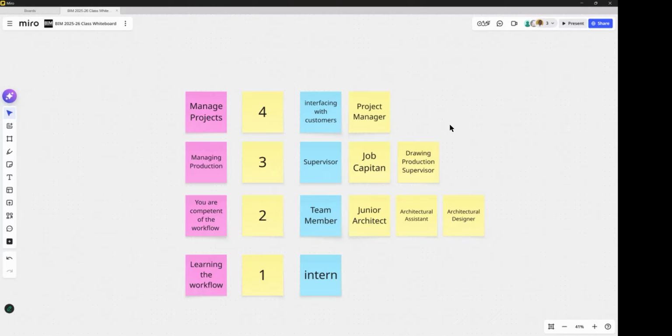Oh, Gavin, I didn't see your hand. What were you saying? No, the question I was asking. Oh, go ahead. For the firms that work with a lot of consultants, including maybe engineers and surveyors and all that, would the tree or the chain of command be different? Well, firstly, all firms have to consult with an engineer. Yeah, I get that, but the ones that were directly in the firm.